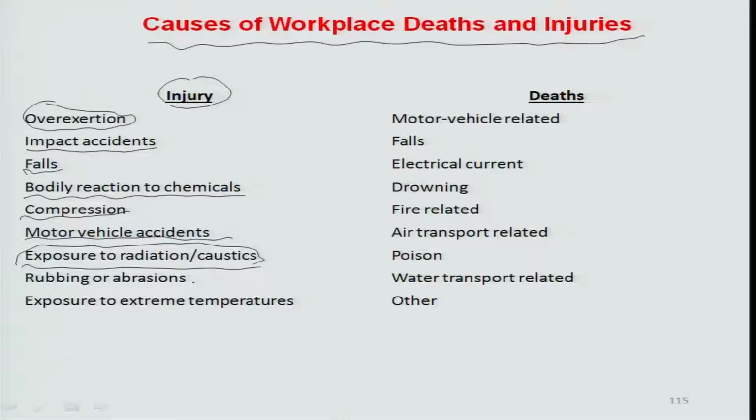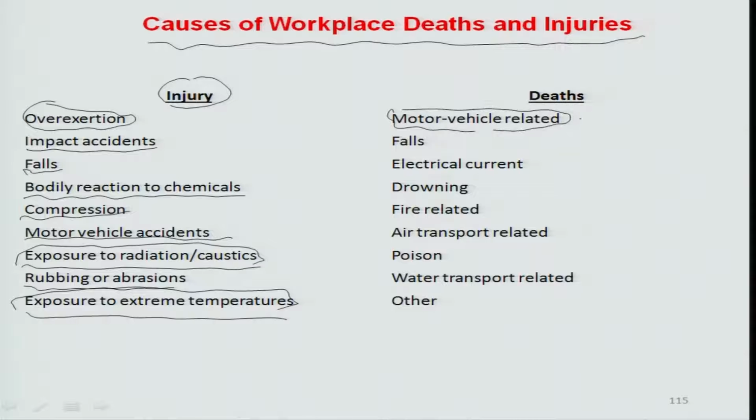It could also be that the injury comes from various rubbing and abrasions, which may happen while manufacturing something, or maybe if somebody has not paid enough attention, there is a chance of such rubbing and abrasions almost always. It could be exposure to extreme temperatures. So these are different causes which could cause injuries, whereas the causes where there is almost immediate fatal injury